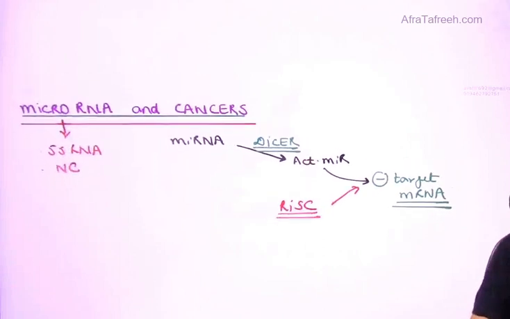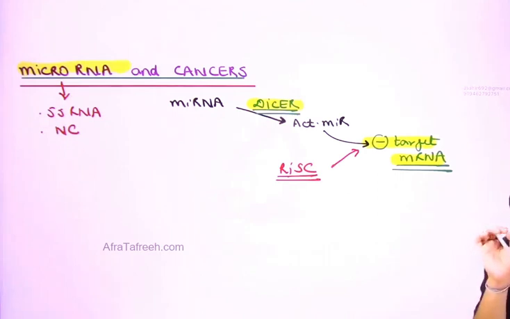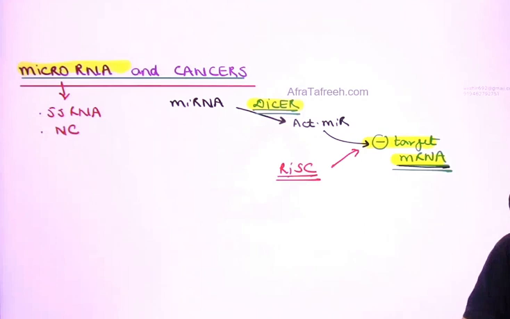So the first fact that I want you to be familiar with is the concept of the microRNA. What exactly is this? What does it require? Dicer. What else does it require? RISC. And what is the main function? This will inhibit any target mRNA. Suppose the target over here happens to be a tumor suppressor RNA. So this microRNA, if it is inhibiting a tumor suppressor RNA, will now increase the risk of cancer.